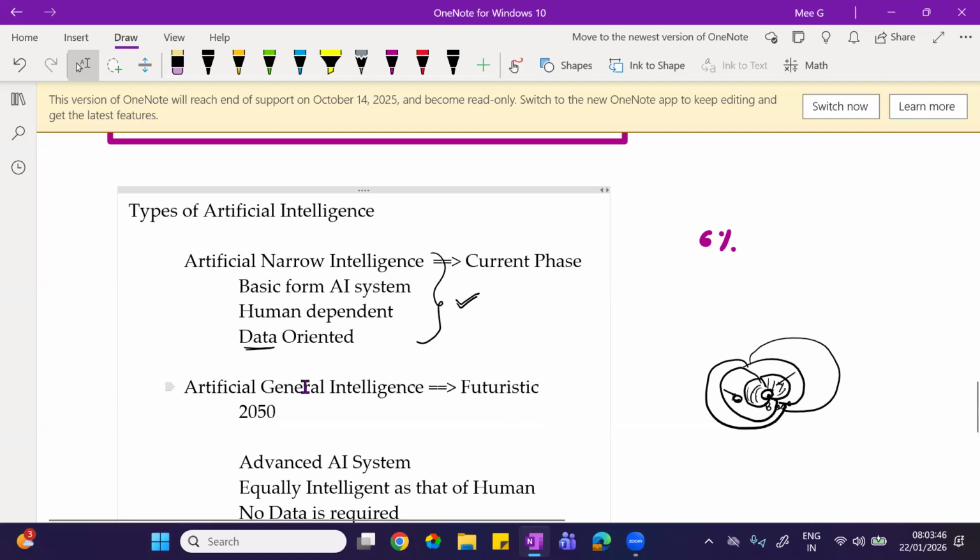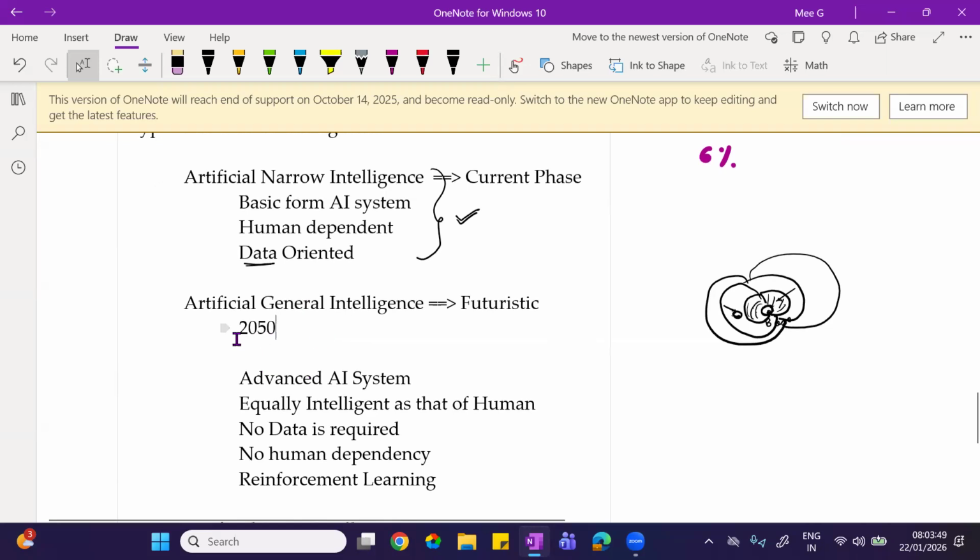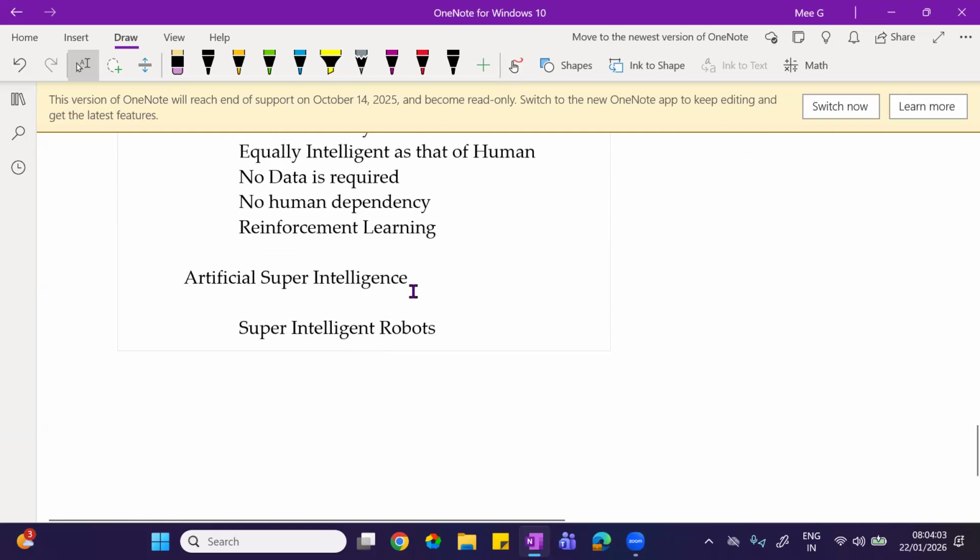So this phase, you can see it around 2050. You will see it maybe in the next 10 or 15 years, but the fully matured one will be around 2050. And this is the best phase, I said. And this next one may take maybe around the 22nd century, somewhere around 75 years from now. Approximately you will see this.